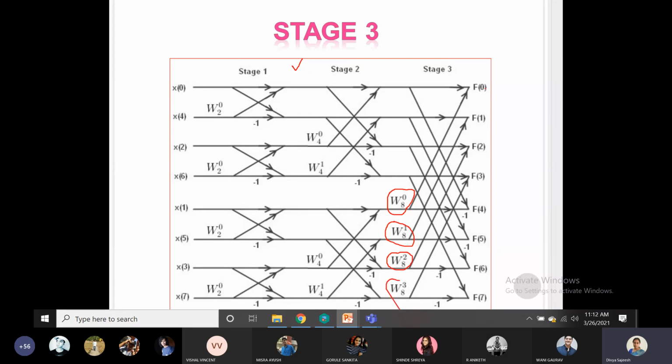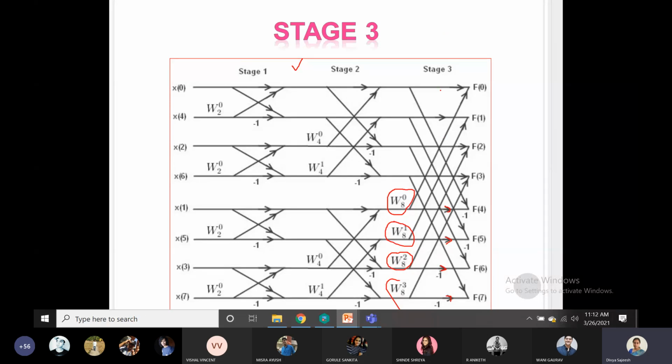Now accordingly the equations here also will change. The first 4 branches will not be having any minus 1, but you can see the last 4 branches will be having minus 1 here. You can note the minus 1 for these branches. Here the second branch, and here this branch and this branch. The rest of the branches will be having multiplication factor as 1 only.